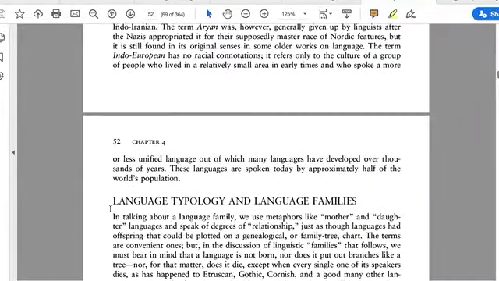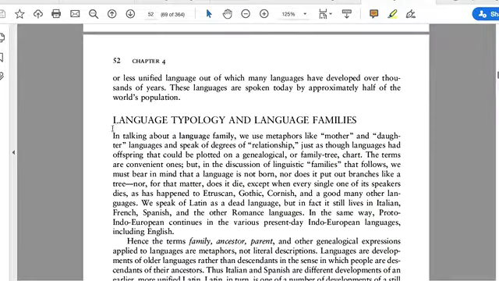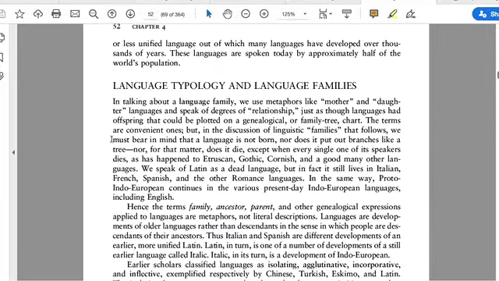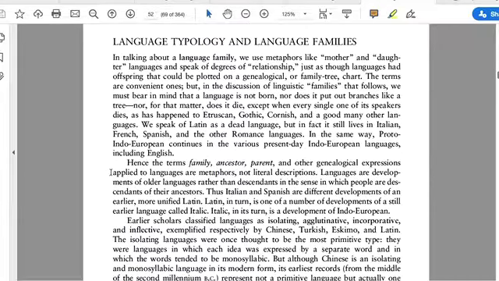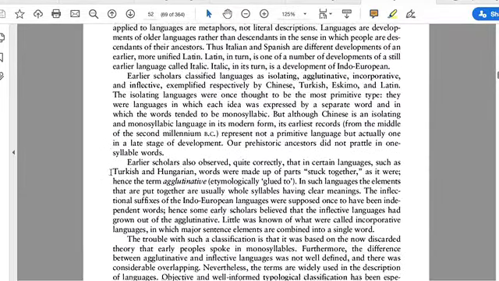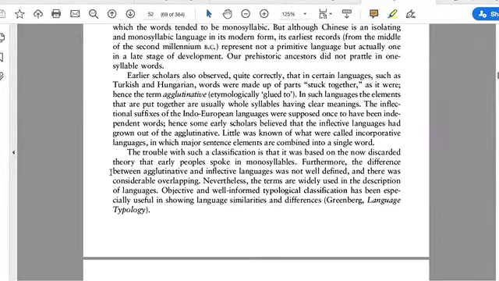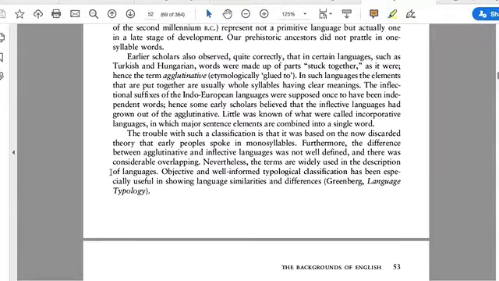So keep reading through these pages. It tells you a little bit about language typology and what language family means. It uses this metaphor of a family, a mother, a daughter, and we use family trees to describe languages. So it talks a little bit about what that means here. If you guys know anything basic about language, you have to know about language families and family trees. Okay, so keep reading through the rest of this page. There are some examples here.